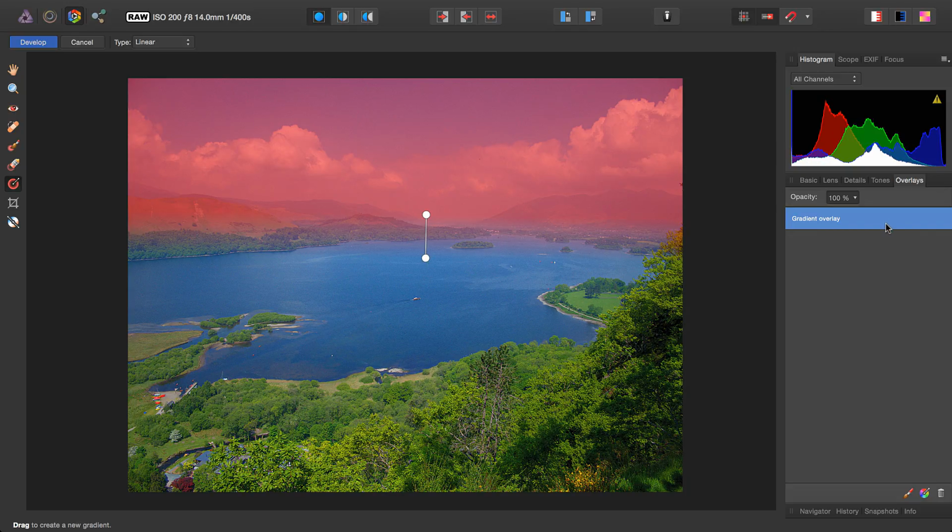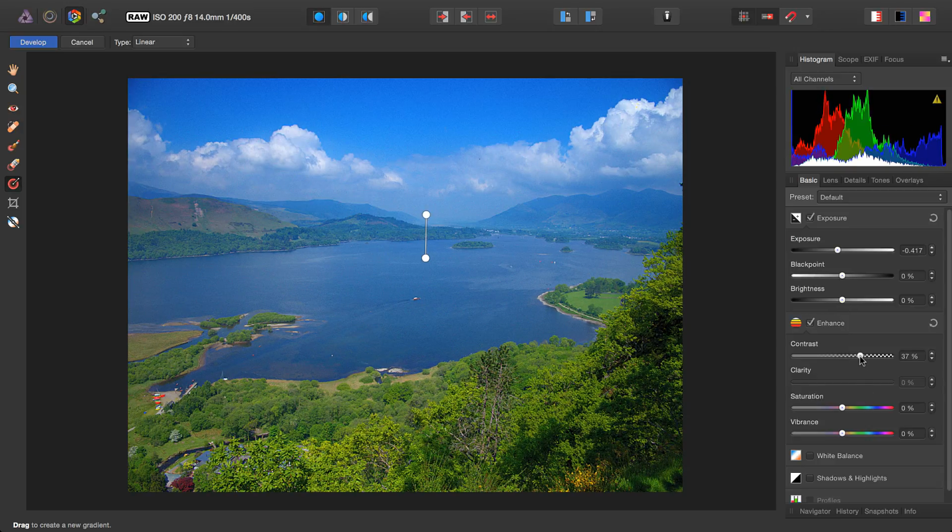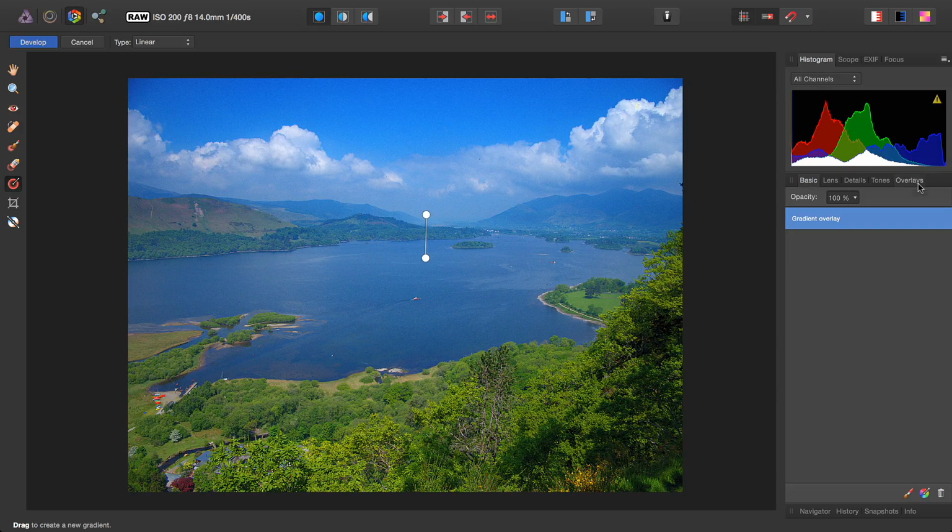With this gradient selected, I can then go into various options, some of which will be grayed out because they're not applicable, but the ones that aren't grayed out, I can then alter, and it will only affect the overlay area, like so. You can create multiple overlays, either of the brush or gradient variant. When you want to move back to adjusting the whole image, you can simply deselect the overlay you're working on,